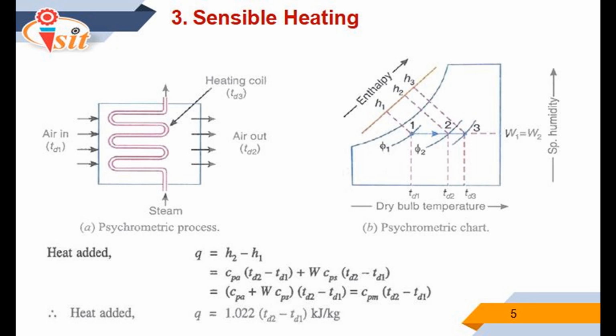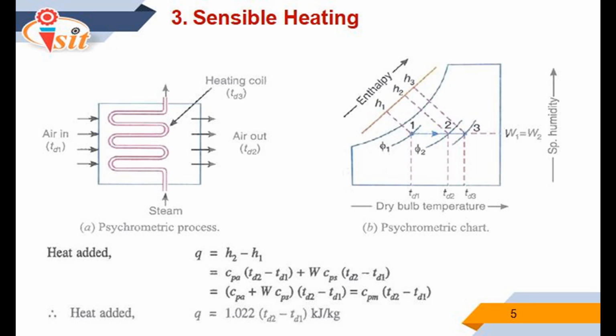Psychrometric process of sensible heating, and the right hand figure shows the sensible heating process in the psychrometric chart. The heating of air without any change in its specific humidity is known as sensible heating. The air at temperature TD1, means dry bulb temperature at point number 1, passes over the heating coil of temperature TD3